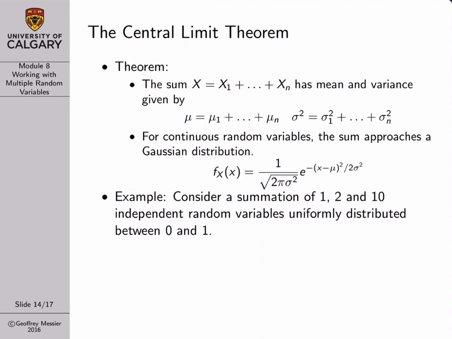This is a really, really important and very useful theorem, because there are many cases in electrical engineering where we have a lot of random quantities being added together, and being able to approximate their sum as Gaussian is often a very simplifying assumption, because we work with Gaussians all the time